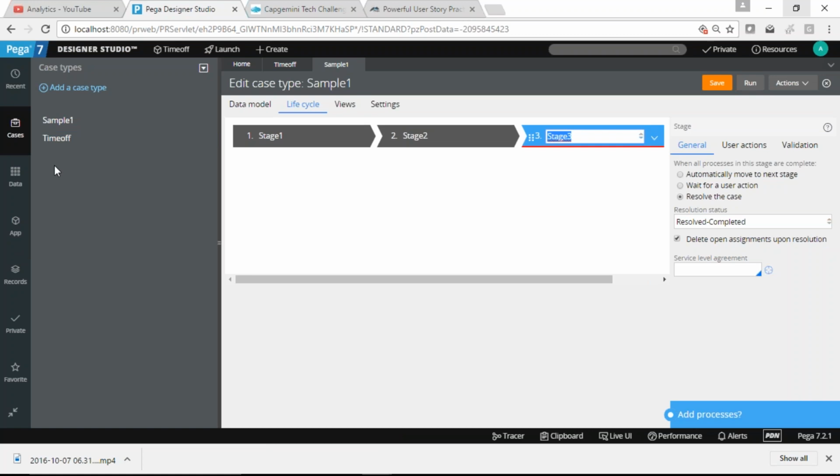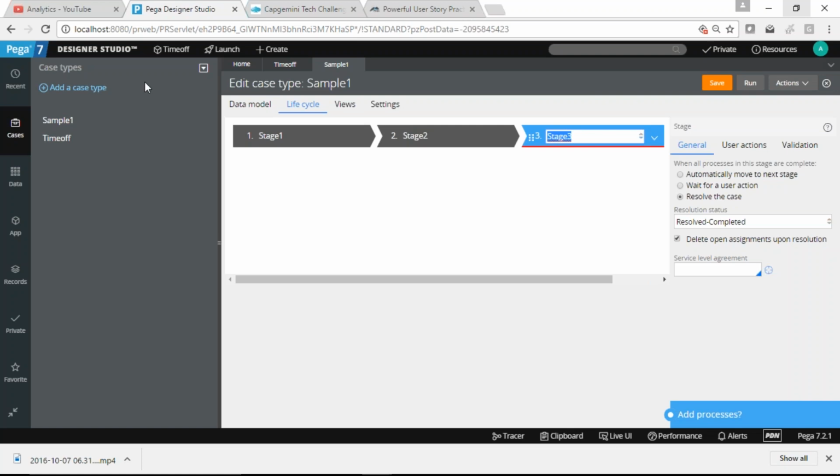Correct, yeah, but which application is this? I mean, are we under some application? If you see here, at the top. Okay, yes. So time off is an application itself, and you have 2 cases, one is sample 1 and the other is time off. Actually, I gave the application name and case type the same. Okay, got it. I was confused because when I looked at the tree structure, suddenly sample 1 was on top and time off was below.